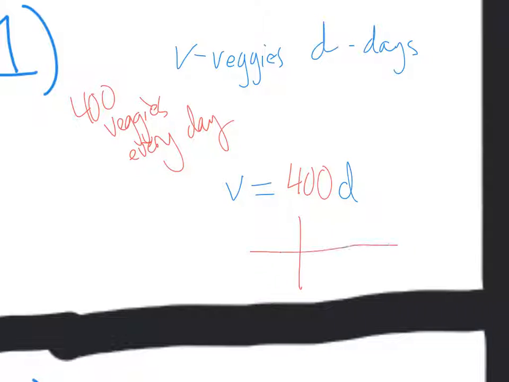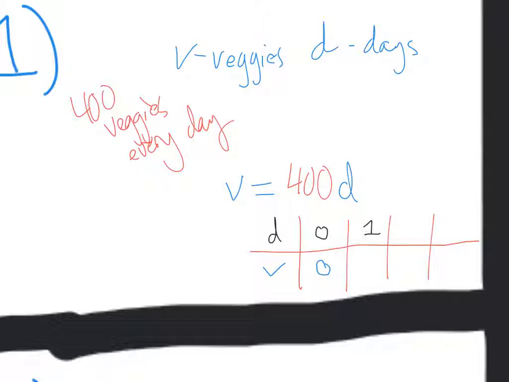Let's see. Okay, where we've got our days on top and our veggies, or pounds eaten, on bottom. So just start it out. On day 0, if the elephant doesn't eat for any days, 0 days, then you could assume that, yes, you will have 0 pounds of veggies. On day 1,